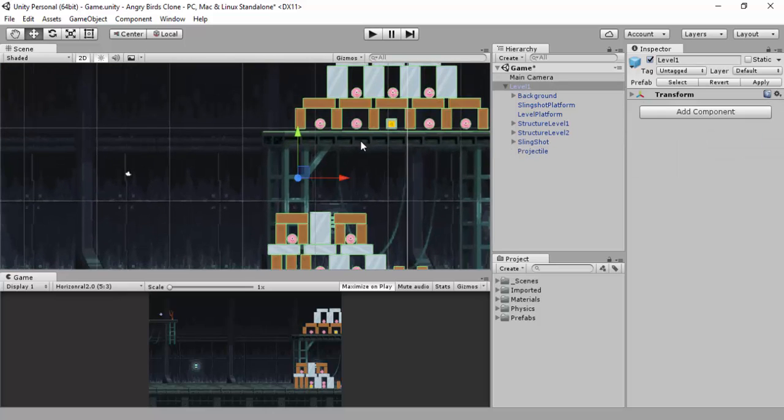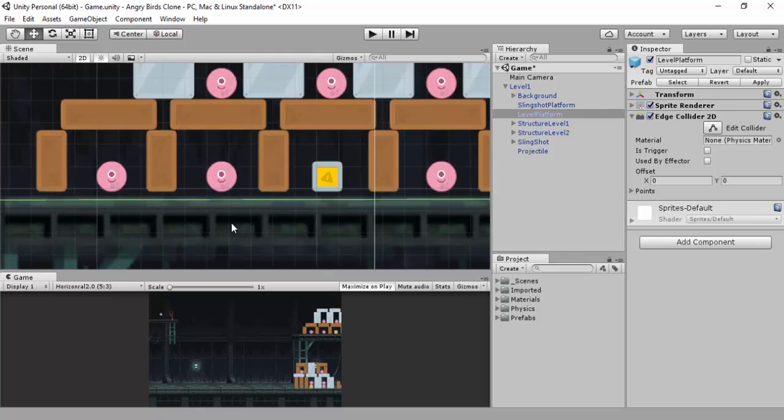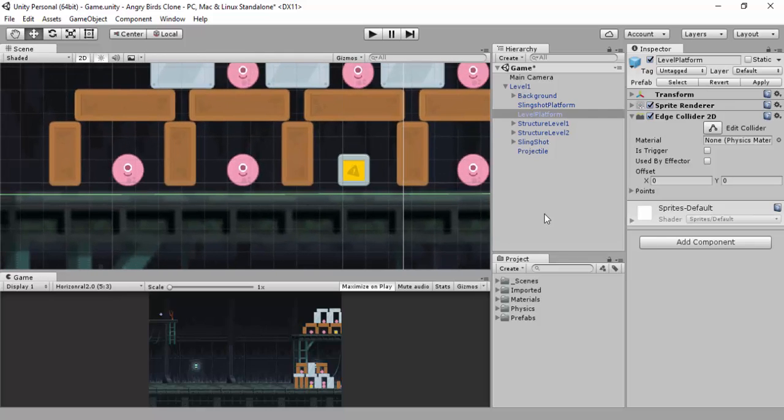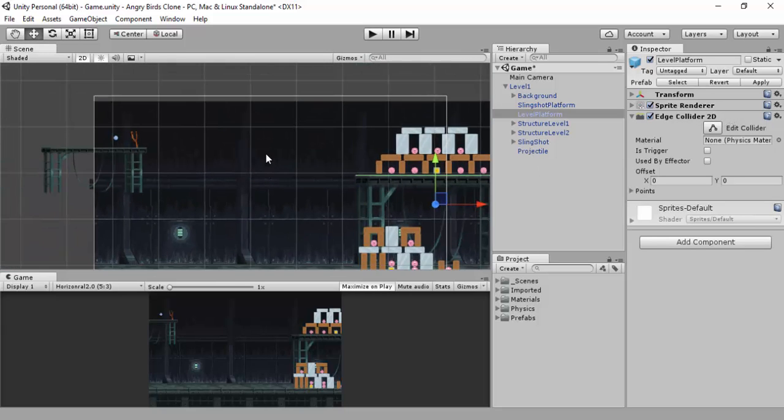Before I do that though, I do want to point out this level platform. I've added an edge collider, as you can see this green line as I'm zooming in. I've added an edge collider here because, well, I forgot to in the last video. I might have mentioned it, so if you are following the video and trying to recreate this, then it's advisable to add this edge collider. Otherwise,